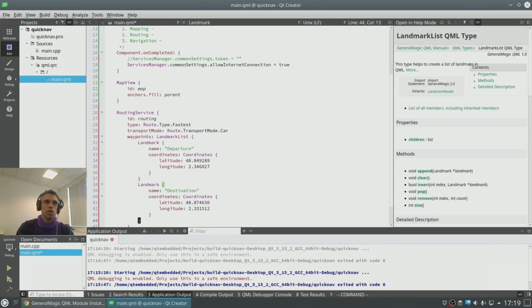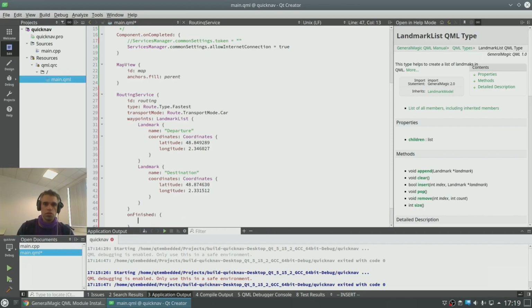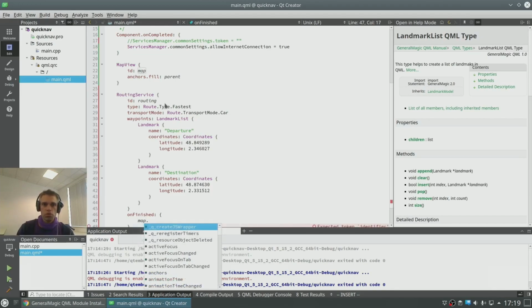And now that we have our waypoints defined, what do we do when the computation of the route is finished? So we have our on finished signal. So when the route is computed, we want to tell the map about it. So we will give our route to the map.